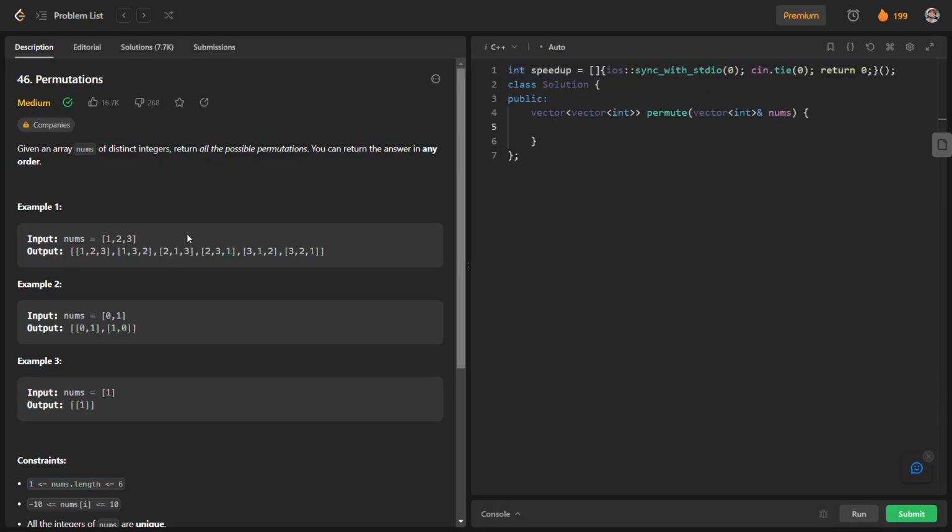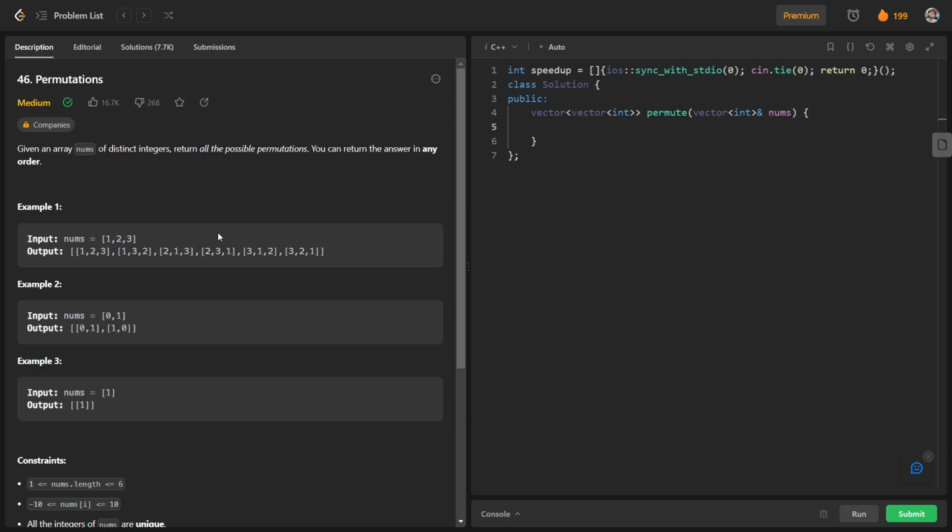This is our today's question on LeetCode, and this question is basically the daily challenge on 2nd August, and the question is Permutations. So we'll read out the question first and try to figure out how we can solve it. Given an array nums of distinct integers, return all possible permutations, and you can return the answer in any order. So basically, for the given integer array nums, we have to return all the permutations of this array.